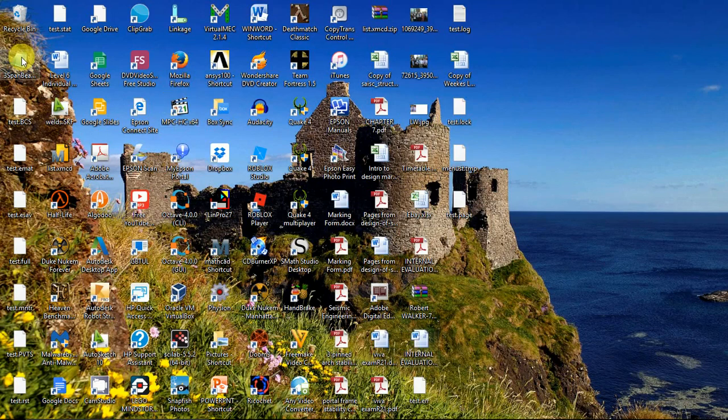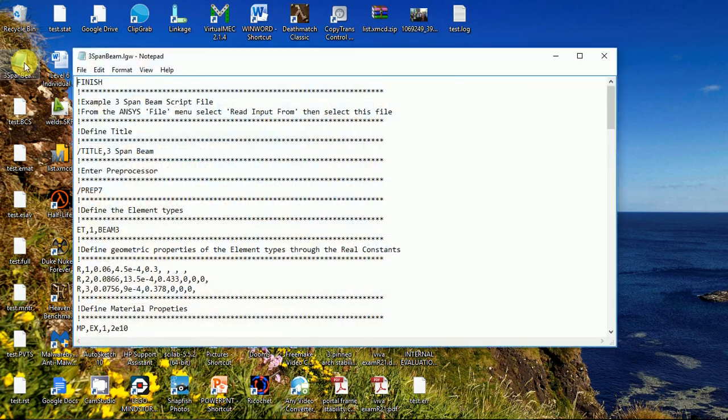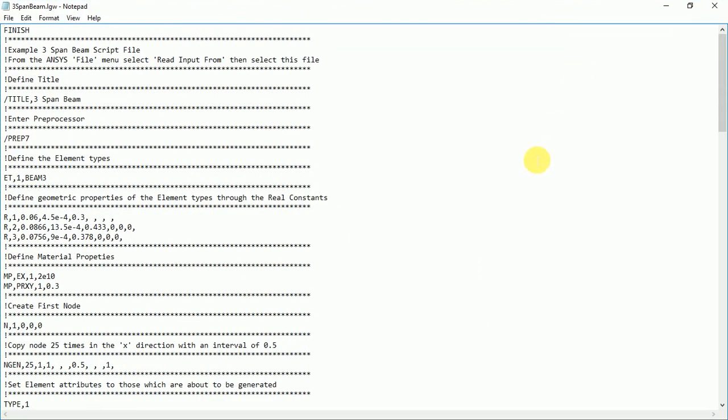Okay, right, what I'm going to do in this video is show you a number of things, one of which is firstly the scripted version of the 3-span beam file of the example that we went through in class. So I'll just double click on this 3-span beam.lgw file where I've just edited this in Notepad and I've just put a load of commands down to ensure that these get read in sequence and then the model